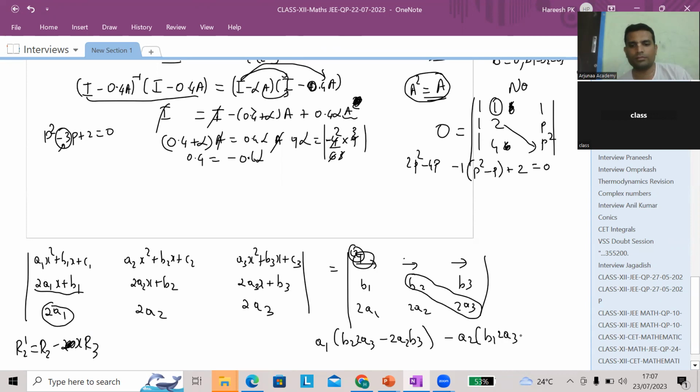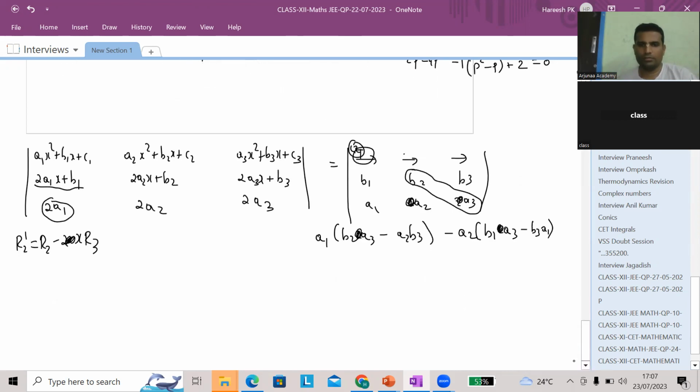Minus A2 with B1. I can even pull this out 2, right? Everywhere. So when this 2 also goes away, what do I get? Can you quickly tell me? b1 a3 minus b3 a1, plus A3 into